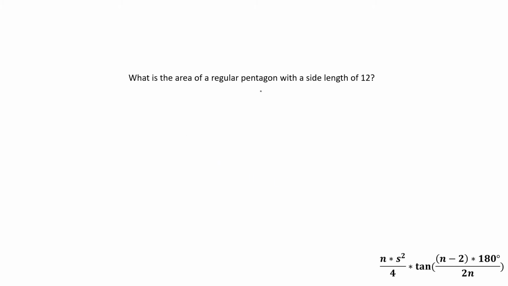What is the area of a regular pentagon with a side length of 12? So a pentagon has 5 sides. Side length is 12. So that's our S. That looks exactly the same. That's our S, though. So we're going to plug it all in and then just toss it in the calculator. So we got 5 times 12 squared is 144 over 4 times tangent of